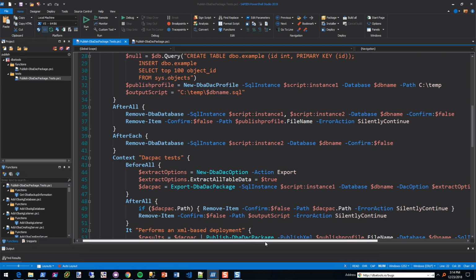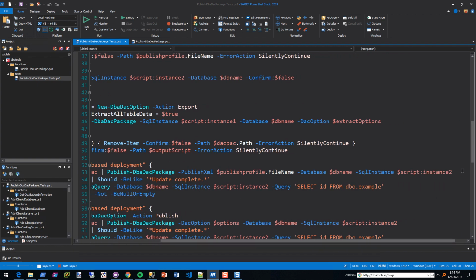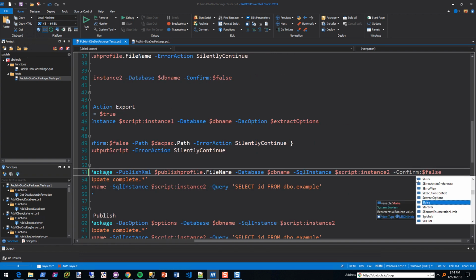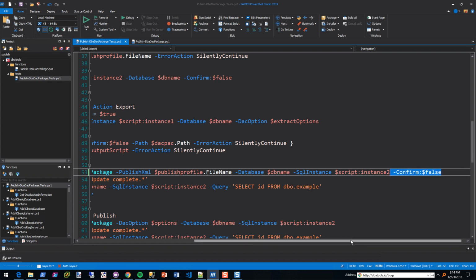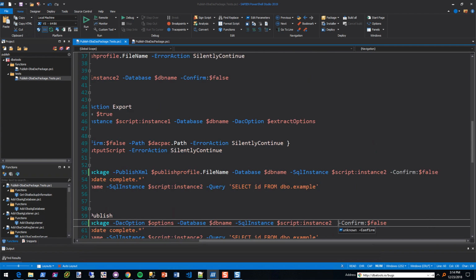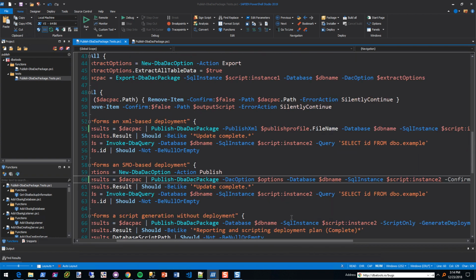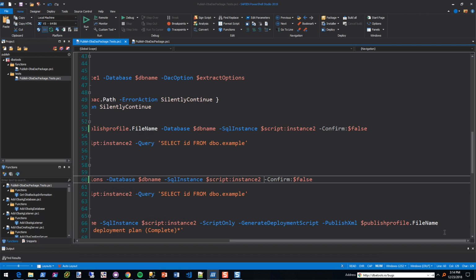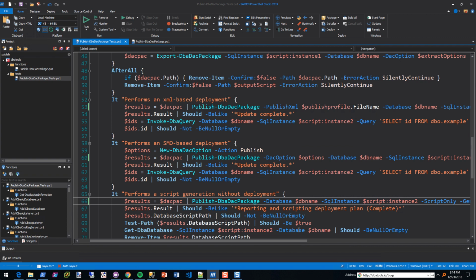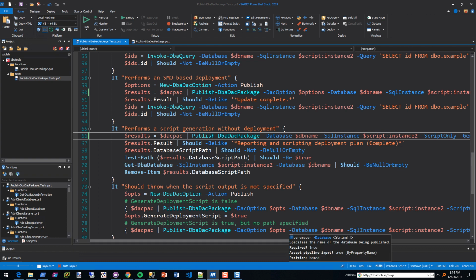All right, so here's the export. That's fine, but now we need to do publish. Confirm false. Publish, right? And then publish. And you go to each one that says publish. Oh, so this is how I'm going to know if it could work or not. I forgot about that, because I was like, man, I'm just going to have to come up with something. But I could actually just copy paste this into my console.